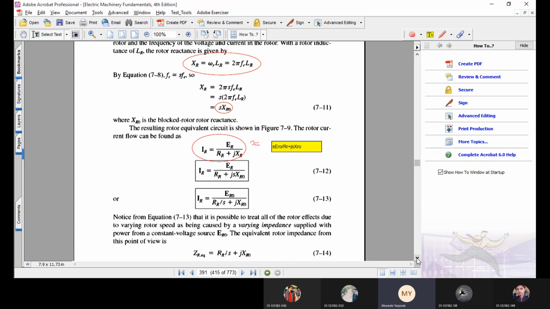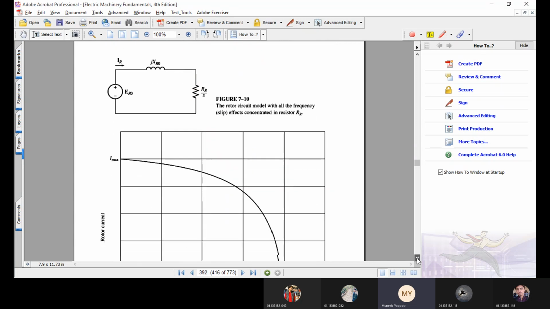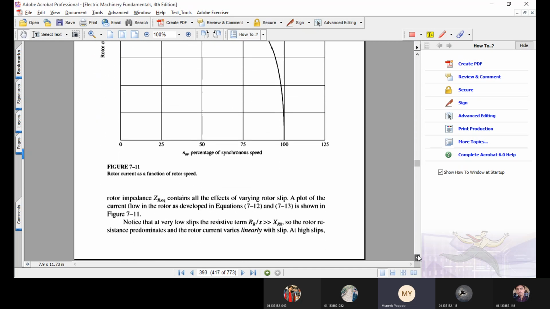So they have drawn another circuit that resembles equation 7.13. So that is this circuit. If we apply KVL upon this circuit, we will get equation 7.13. So keeping in mind equation 7.13, we have drawn a new circuit and we declared it as the rotor side of the induction motor. So the advantage, as I already told you, is that in this circuit only one parameter is dependent upon slip, so the calculations become much easier. So hence finally